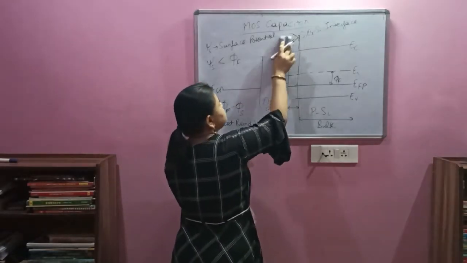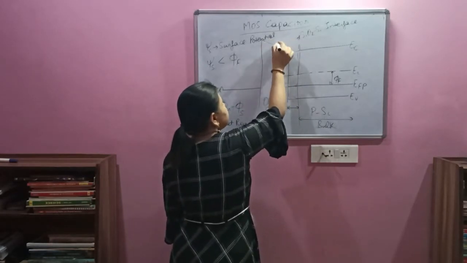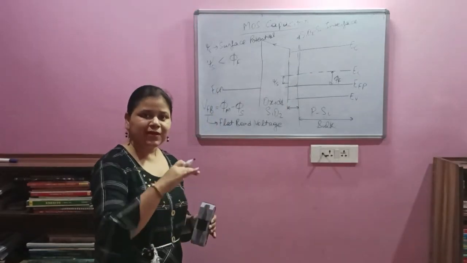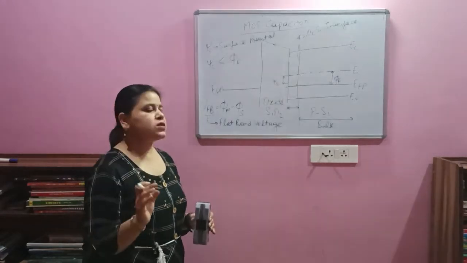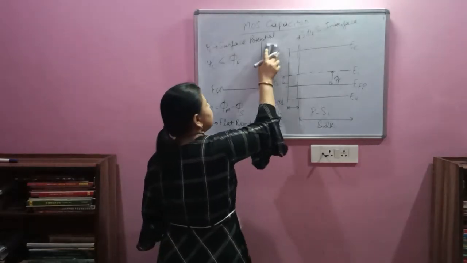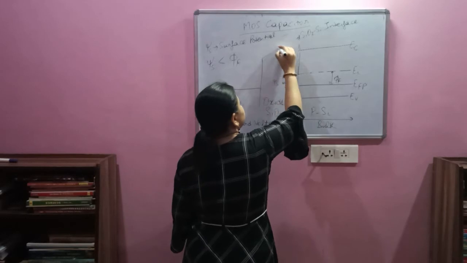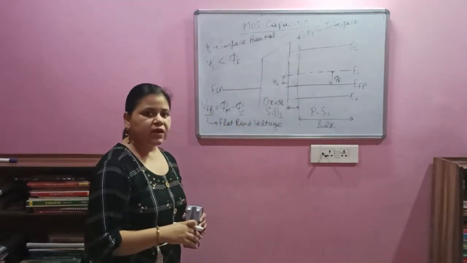Suppose the construction is like this, then it shows that the electric field is generated in this direction. So basically the ramp which is drawn at the oxide layer is showing the direction of the electric field. So in this case, when we are talking of the equilibrium case, where there is no externally applied voltage, the slope will be like this.